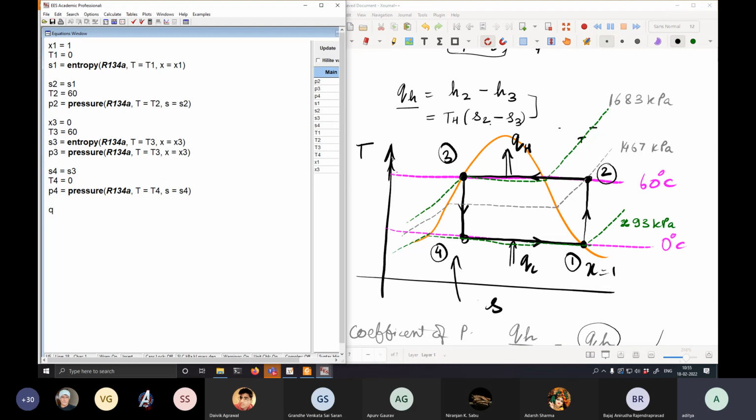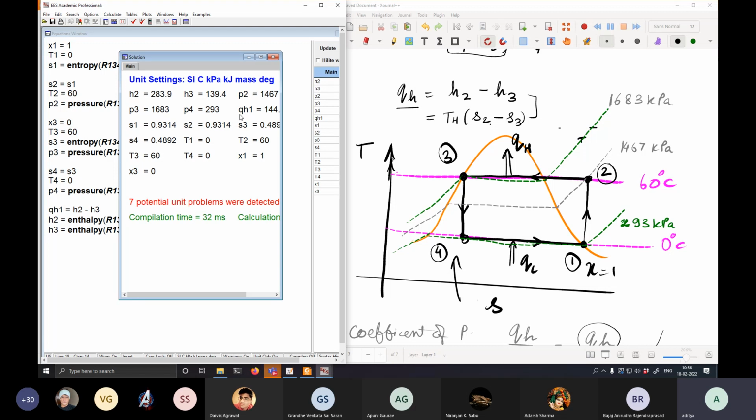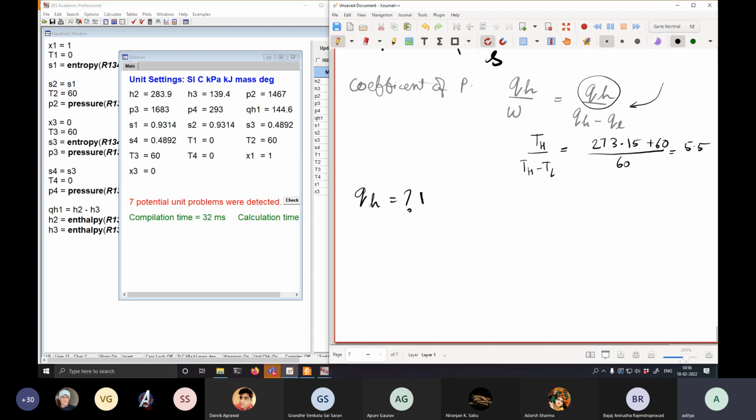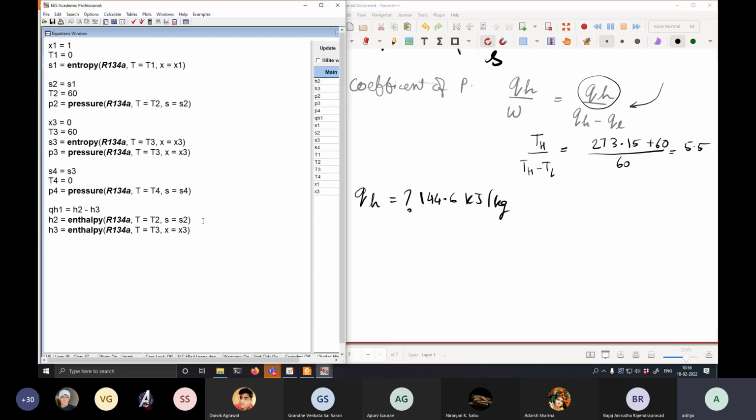So QH evaluated using process 1 is H2 minus H3. What is H2? It is the enthalpy of R134A at T equal to T2, S equal to S2. What is H3? H3 is the enthalpy of R134A at T equal to T3, X equal to X3. So QH1 comes out to be 144.6 kilojoule per kg. Let us verify whether QH1, so let me call it QH2, it is equal to